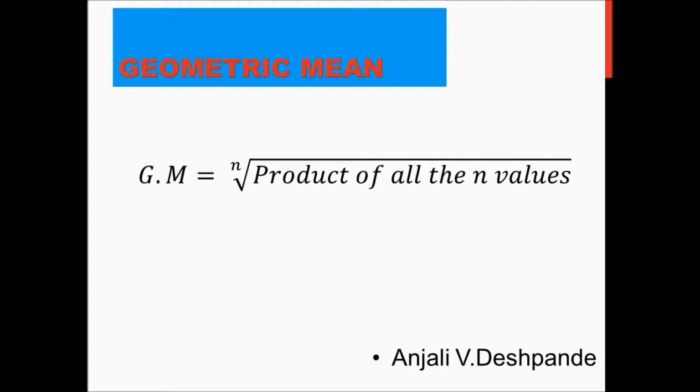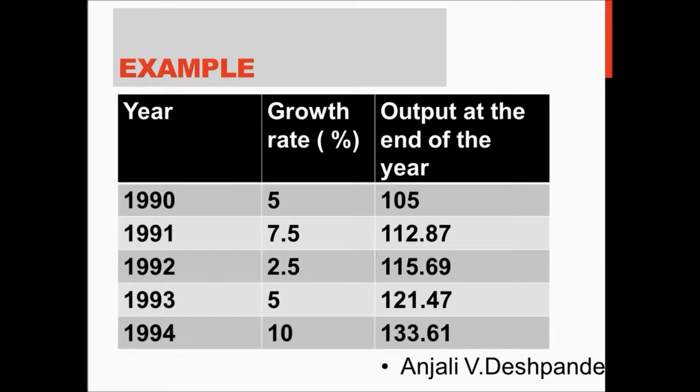Okay. So we are going to once again see one example and then see the importance of calculating the geometric mean. Now the formula itself is given like this. It is the nth root of the product of all the n values which are given. So this is the data which is given. In this data, we have the annual rate of growth of output of some company in 5 years. These 5 years are given over here, and the annual rate of growth of the output of the company is presented here, and the output at the end of the year is given in the third column.